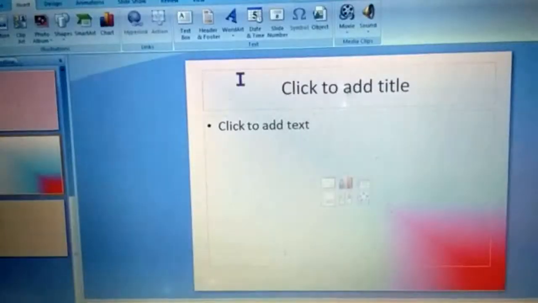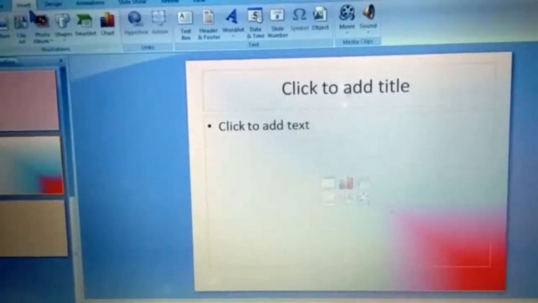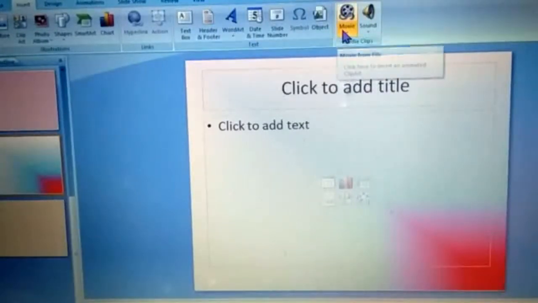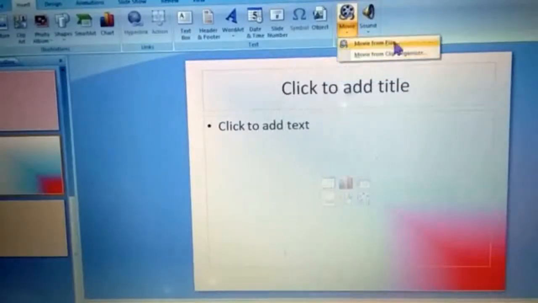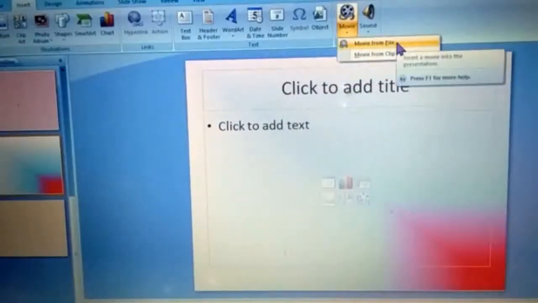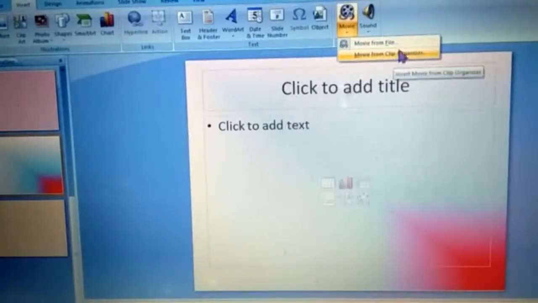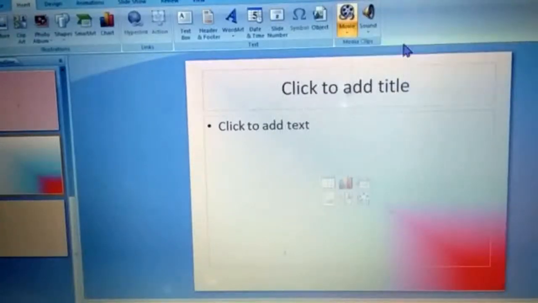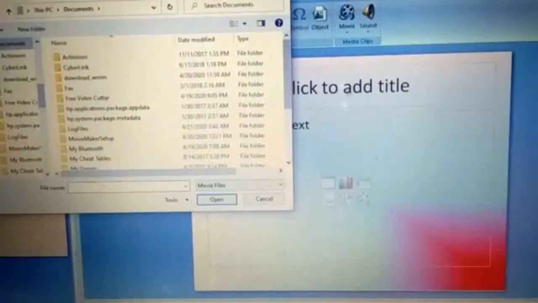So now we move to PowerPoint file, okay, and where we will go to insert option. Already just clicked, and we will go to media clips. From there what we will select? We will select movie option, because we need to insert what? A movie or a video. So we will click on this. As I click on this, two options are there, movie from file and movie from clip organizer. So I will click on from file. So I will search for a file now. See, the dialog box is here.